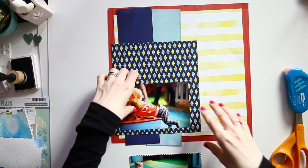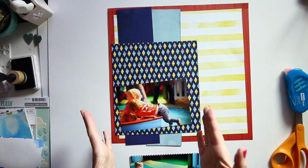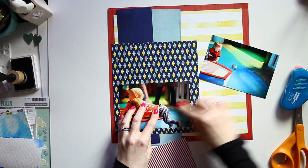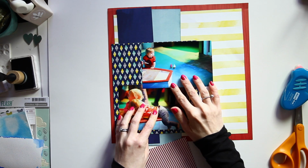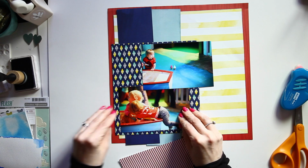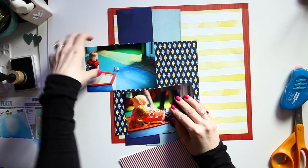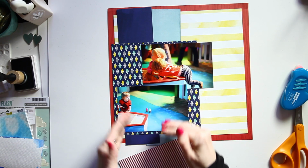And maybe I should have started by having everything a little bit more right heavy. And I could even turn it upside down, but I don't think that I would like that frame now that I have this particular setup in my mind. So I kept thinking, well, it would be fine to overlap the top of this photo because the blurry legs in the background are not part of my story. So I wouldn't mind if I overlapped something like that. But then because this photo is so far over to the right, it really emphasizes how much this is over to the left. So instead of having this one at the top, if I bring this one to the bottom